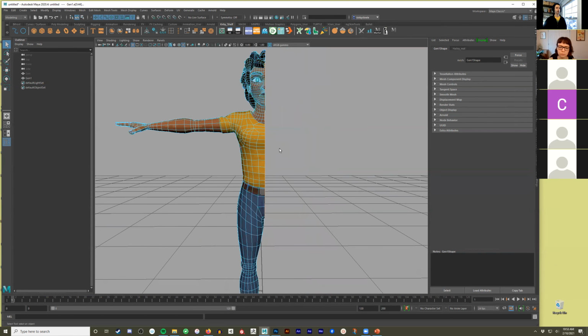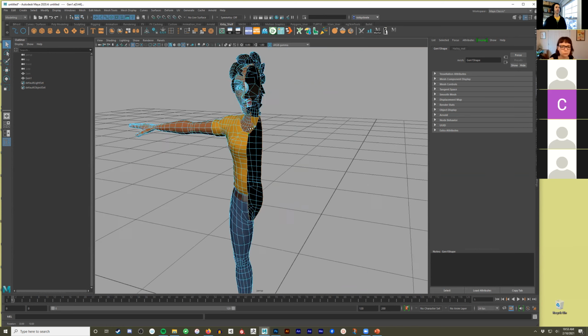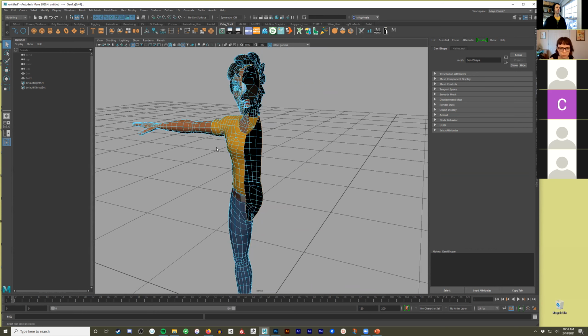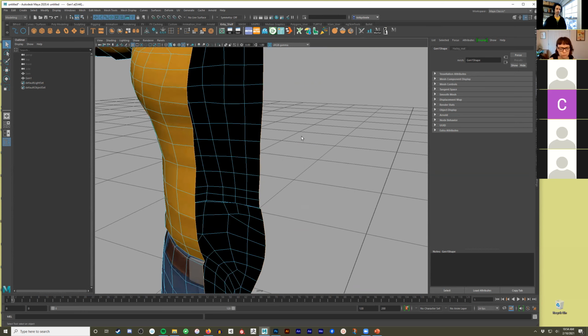Now, what might happen here is this middle edge might not be in the middle of the world, which is going to be a problem for stitching it back together. So you want to make sure that each of these verts, so right now this is edge, what you can do is flip over to